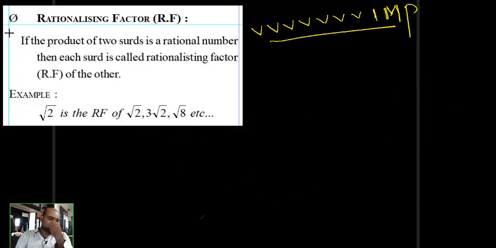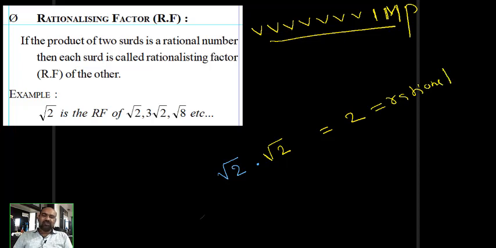Students, listen. For example, root 2 is given. What should we multiply with root 2 to get a rational number? If you multiply with another root 2, root 2 into root 2 is 2 only, which is a rational number. What is the meaning of that? Root 2 is a rationalizing factor of root 2. That I can write: root 2 is an RF